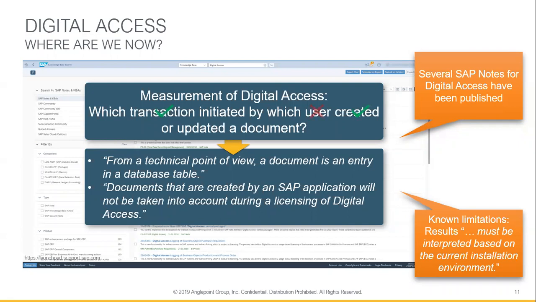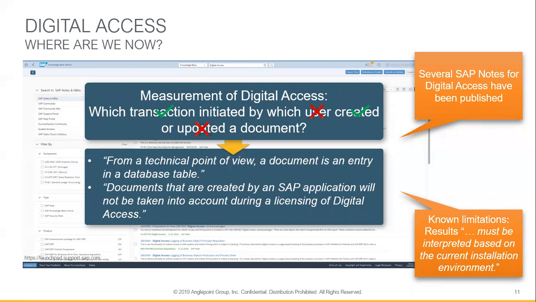And the most recent note, as you can see, is marked with our check marks and our X's. These notes do a good job finding out which transaction initiated that table entry. It does a good job of figuring out whether it was created or not, which seems somewhat obvious, but you'll see what we mean in a second. What they still don't do a very good job of is identifying which user created that database entry, and it still doesn't tell us whether that document has been updated or not.